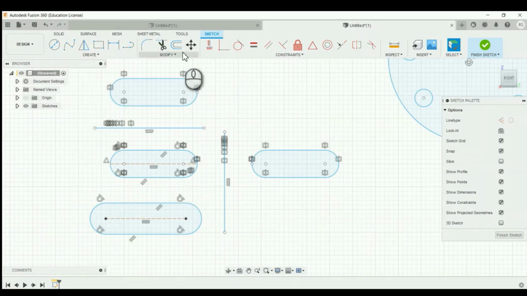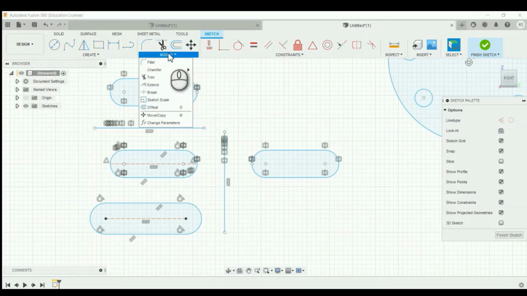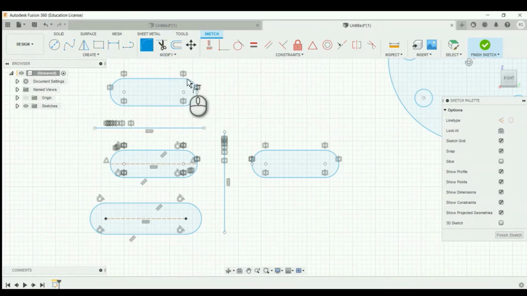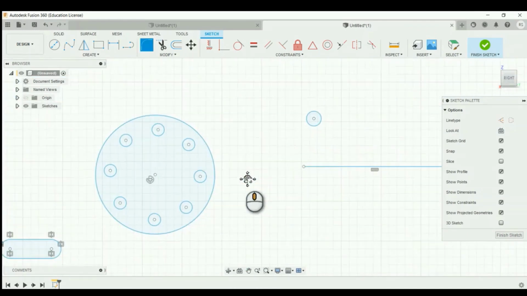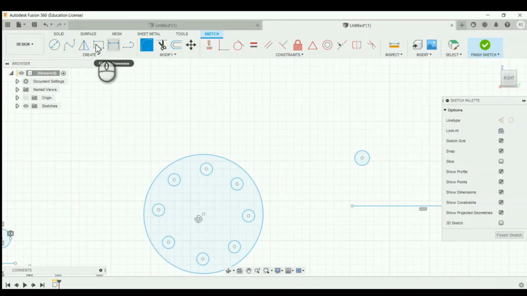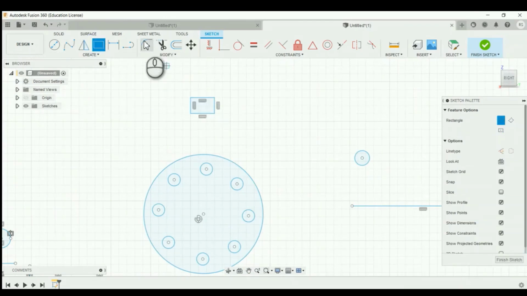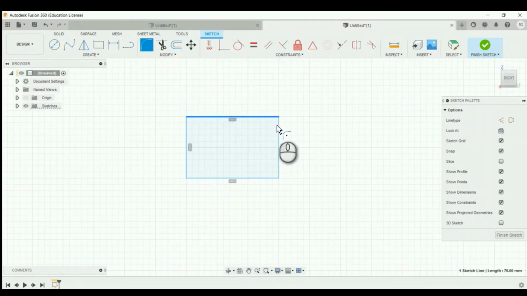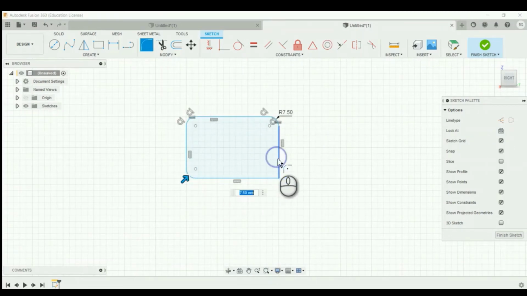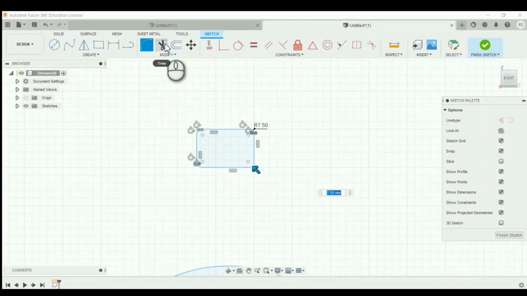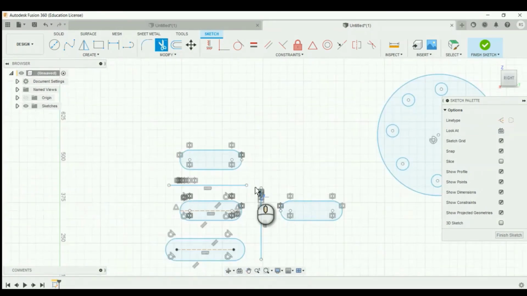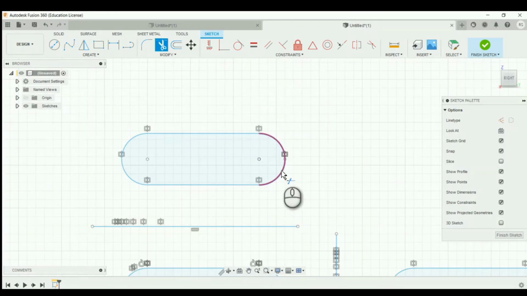After that we will learn about modify tools. In the modify tools there is a fillet tool. Fillet: you can smooth the sharp edges. First create a rectangle like this and create fillet. Specify the two edges. After that you can specify the radius to fillet like this. The fillet is used to smoothen the sharp edges, and the trim is used to delete the sketches like this.